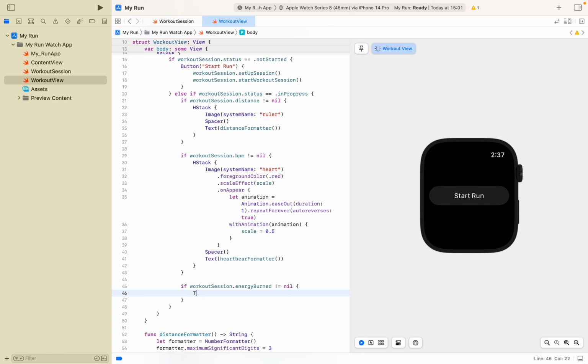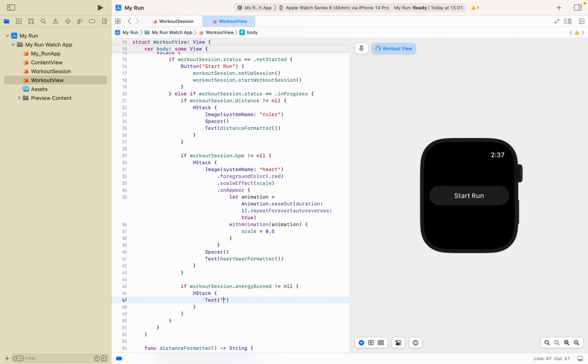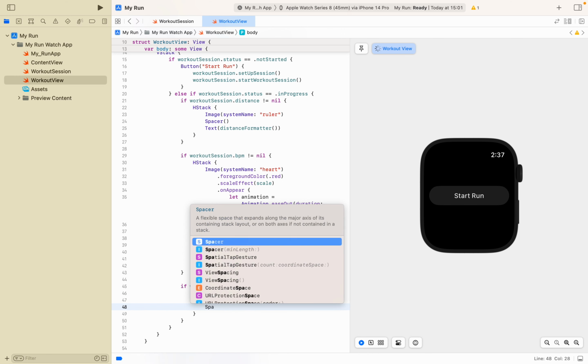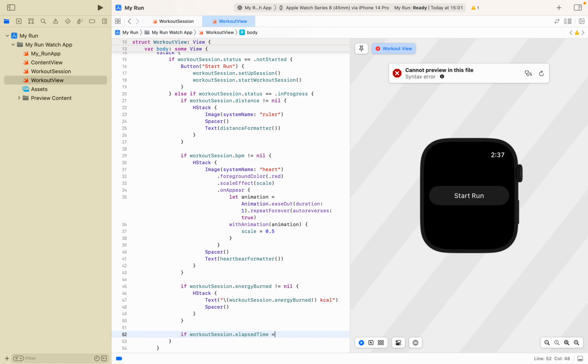Oh no, actually, we'll create an HStack, and we'll say okay, text, so we'll make it our workoutSession.energyBurned, and then we'll say kcal for kilocalories, and let's just add a spacer. There we go. And now we'll also say, if our workoutSession elapsed time is not null,